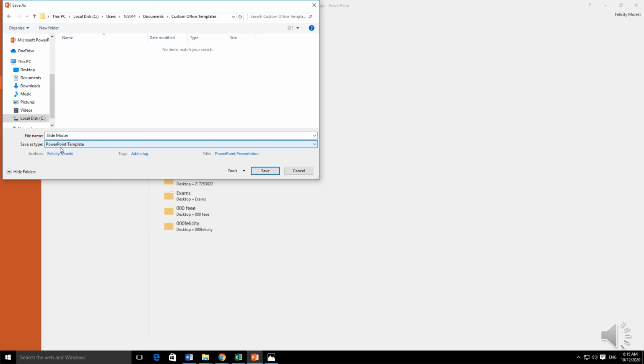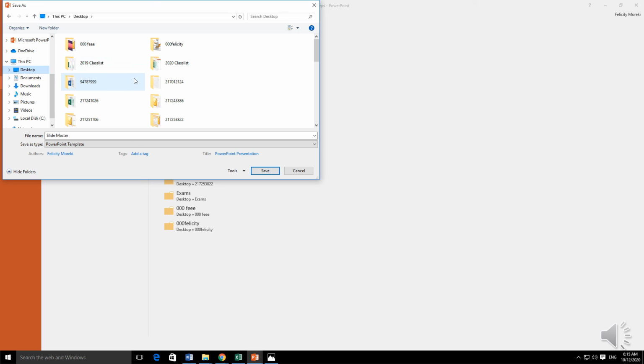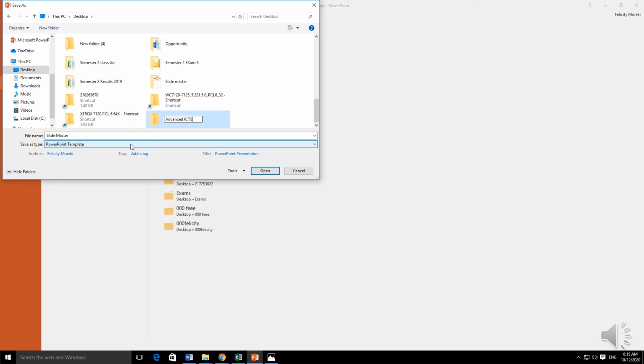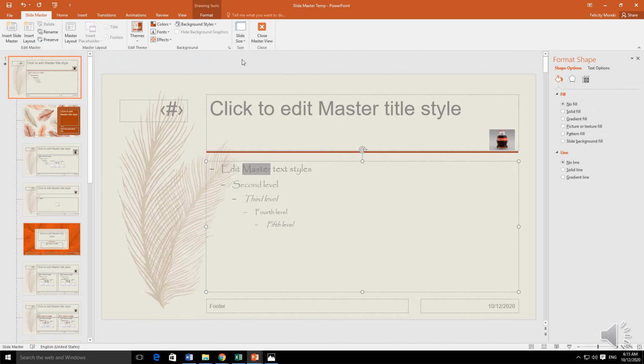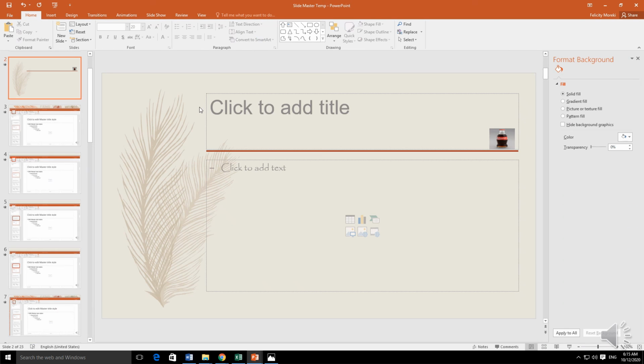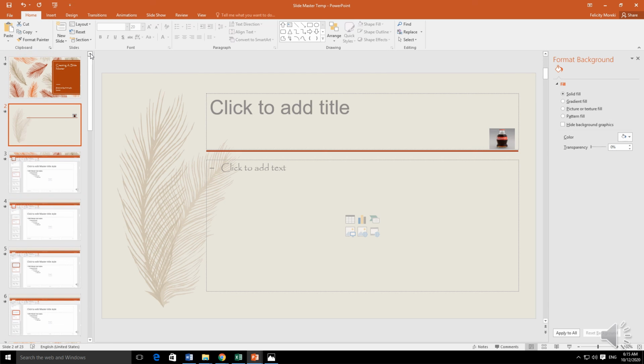Student, make sure that this is a PowerPoint template by checking the save as type, the name of the file, and the location. I go back to desktop, and on the desktop in my folder where I save the advanced ICT skills folder, I save the slide master template. I call it temp, and I click save. Then I close the master, and now this master is going to be now